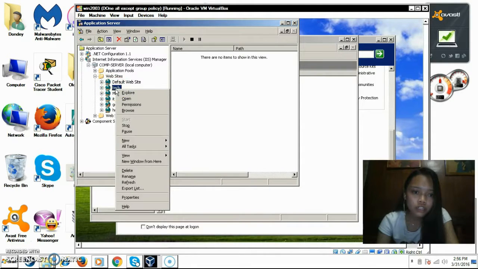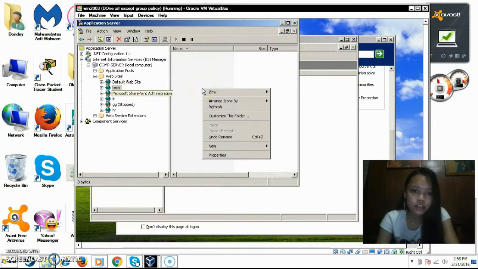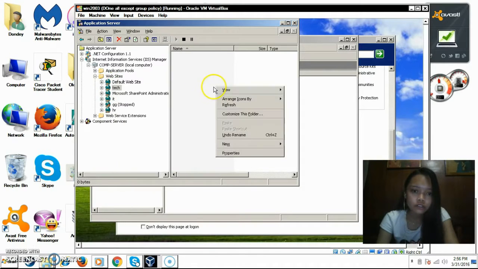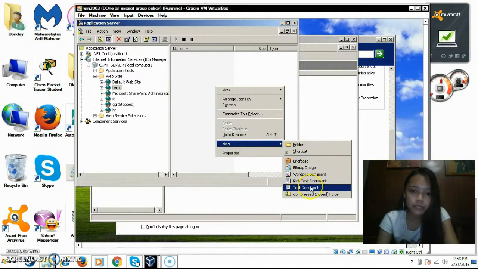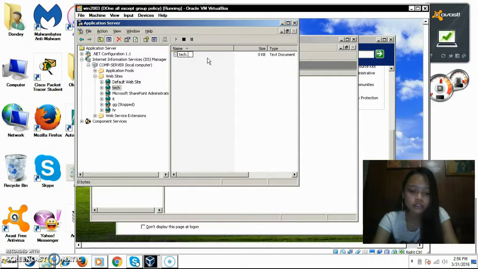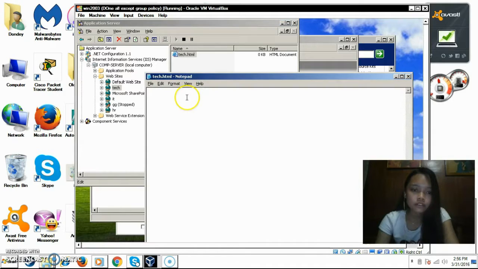Then right click, so explore, then right click, oops, now make a new text document, name as text.html, then yes, then edit, make new HTML, then the title, let's name it as tech department, technical department. So title, then closing tag of the head,